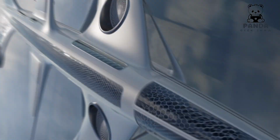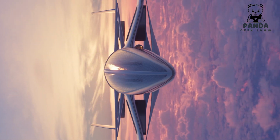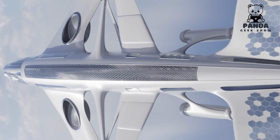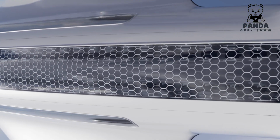This is what solar-powered planes of the future could look like. These aircraft could utilize solar energy as their primary power source. This innovative technology has the potential to revolutionize the aviation industry by offering a sustainable and environmentally friendly alternative to